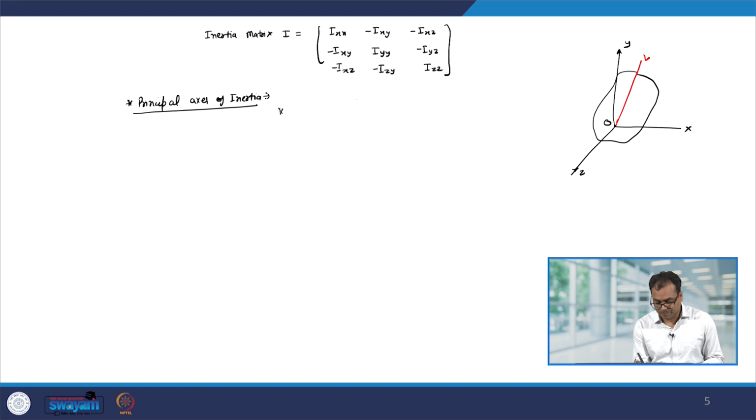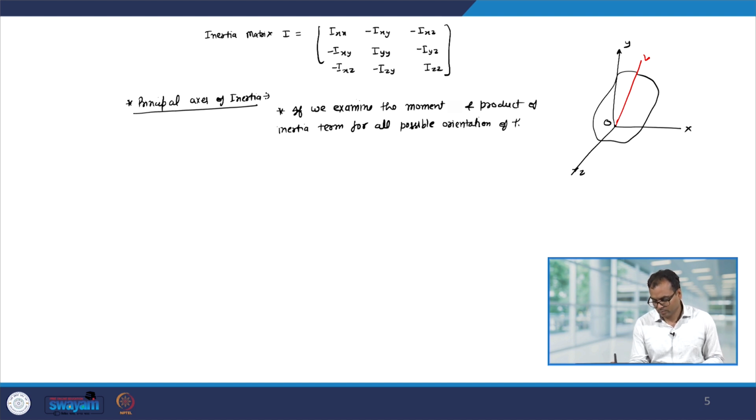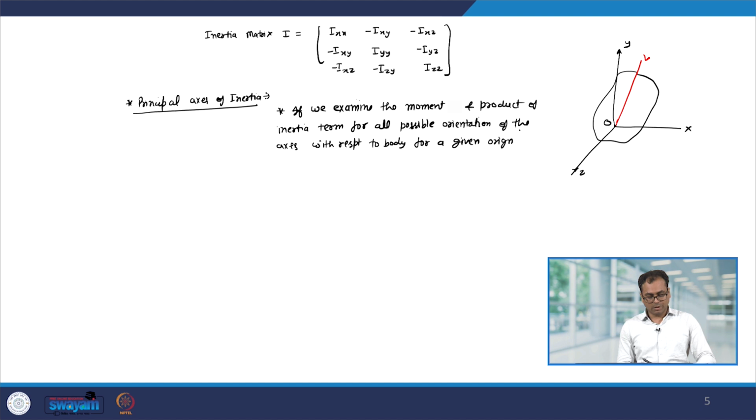So, the statement is the following: if we examine the moment and product of inertia term for all possible orientations of the axis with respect to the body for a given origin, that given origin is O here,